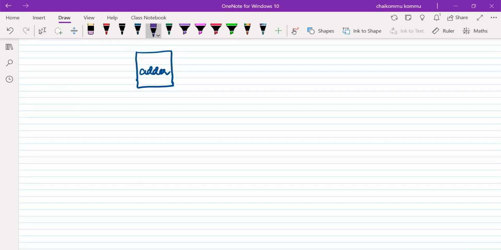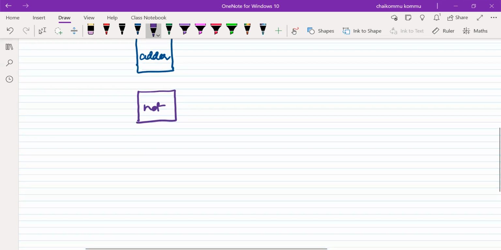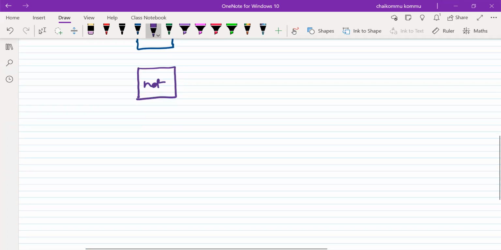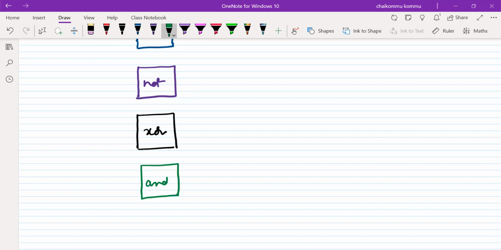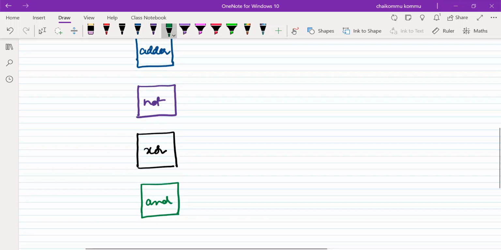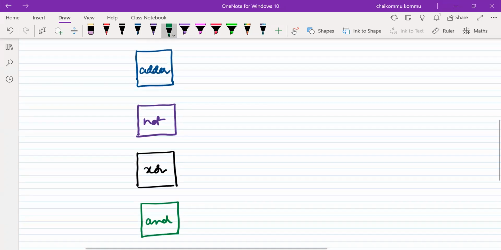And I'm going to consider another one called the NOT operation. For NOT purpose, I'm using one block. It takes the 4-bit data of A or B and produces an output. Another block is meant for XOR, and another block is meant for, for example, the AND operation. So these are the 4 individual or dedicated blocks that we have to consider for the ALU design.